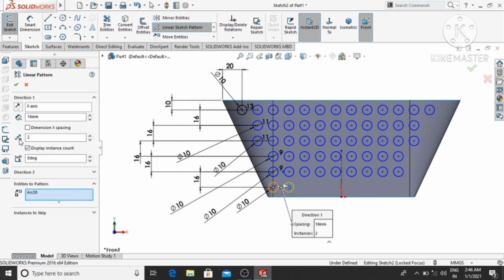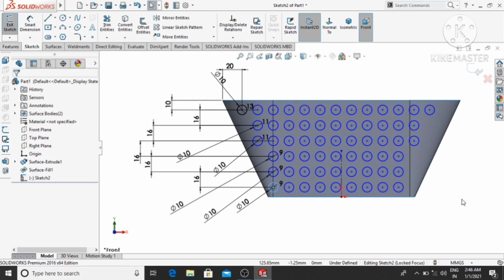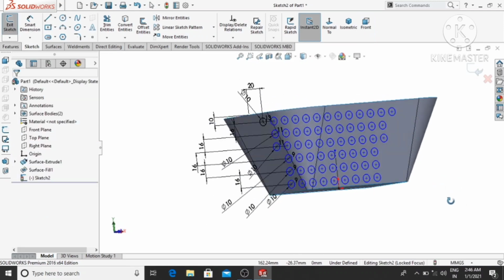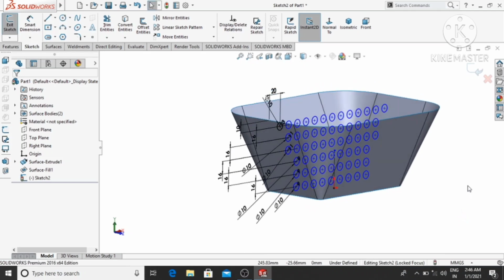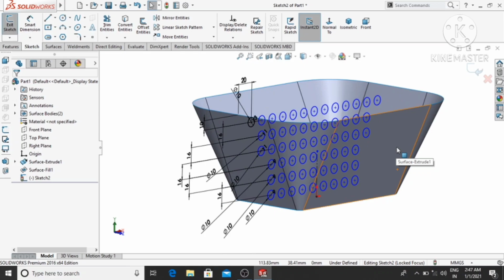Select and make it 9, then OK. Now we have created this sketch, and again we trim this sketch on the surface body.